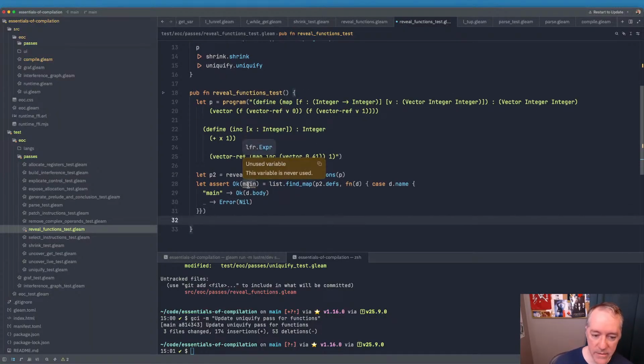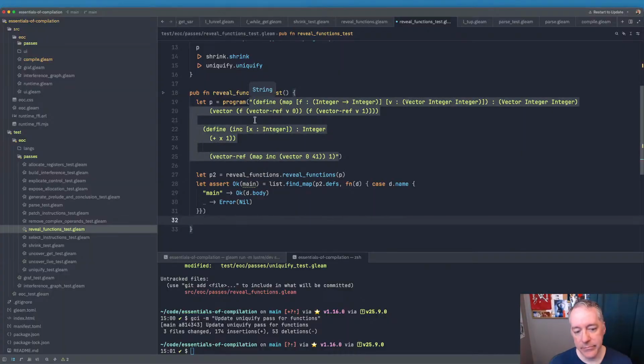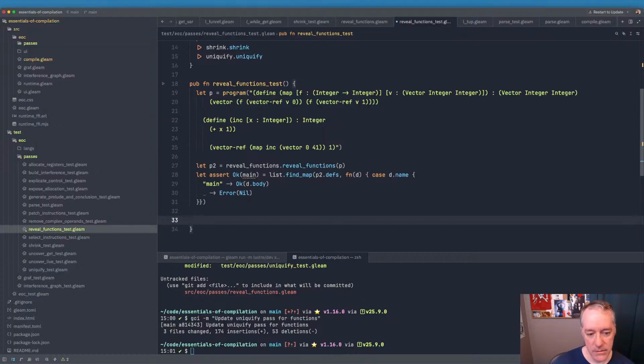Okay, so now we have the body of the main expression. And what I want to see is assert main is going to be